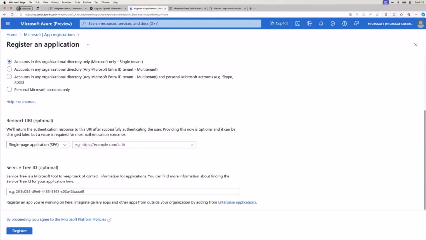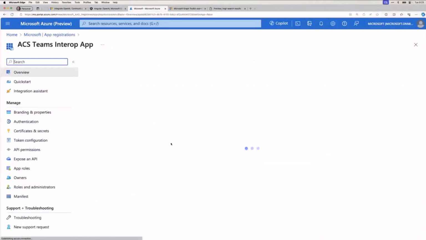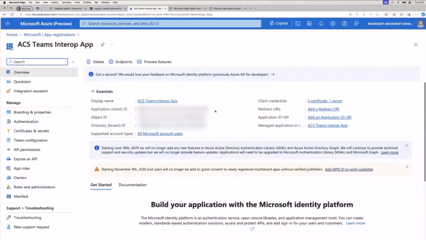Now, once you register it, if I go back to here, remember I have all these, and some of these are really kind of old. I'm not really using them. So I'm going to go to this one because I don't really care if you see some of the stuff here. Well, okay, I have my filter on, but you'll notice that there's an app ID, an object ID, and a tenant ID or directory ID. All right, 2 of these I'm going to be using, and I'll show you that and how they're being used in just a moment.